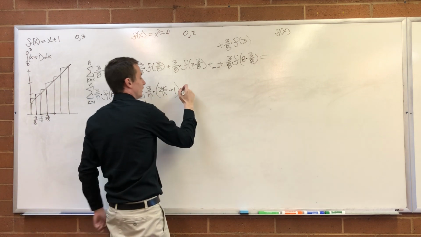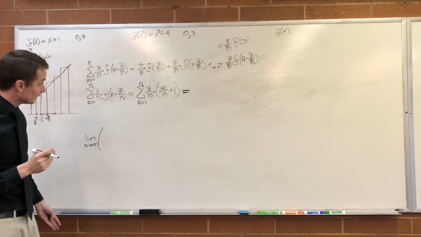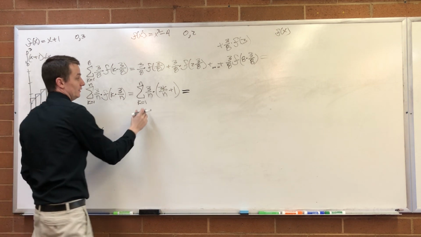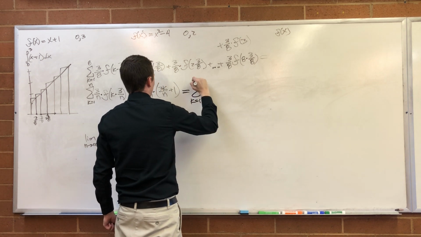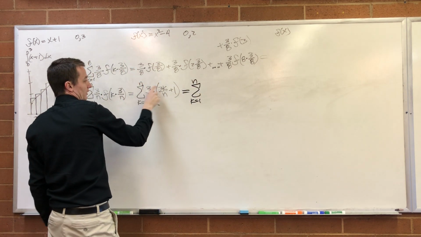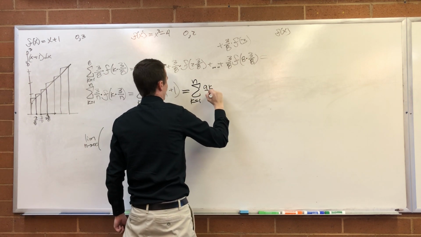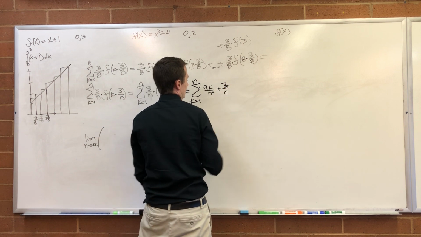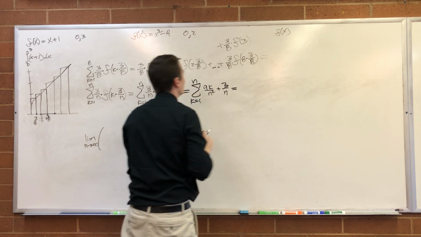Okay, restart. This is now equal to. Do we have it all written right? Yes, we have it all written right. Okay, so calculating these sums now. This is equal to the sum from k equals 1 to n of 9k over n squared plus 3 over n, right? Which is equal to,